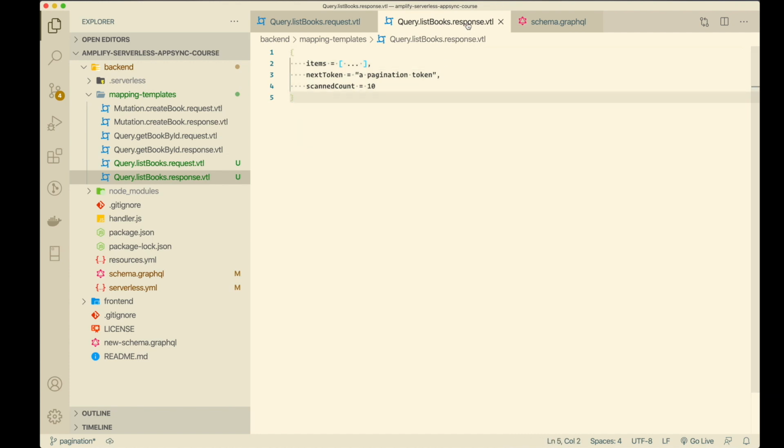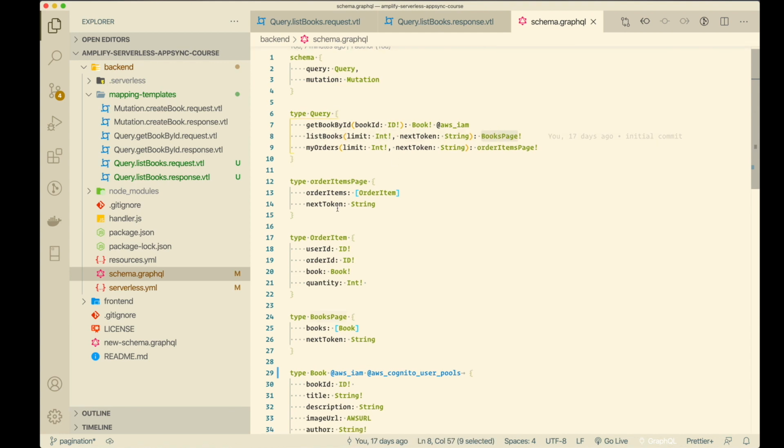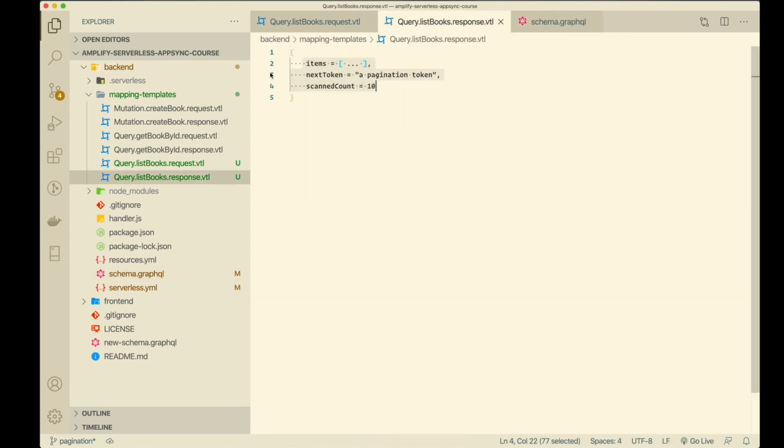But in the response template, we should convert these values to the GraphQL return type. For the list books GraphQL type, we are expecting a books page type. The books page type is this one, and here we need to pass in the books array and the next token only. So let's make that change.